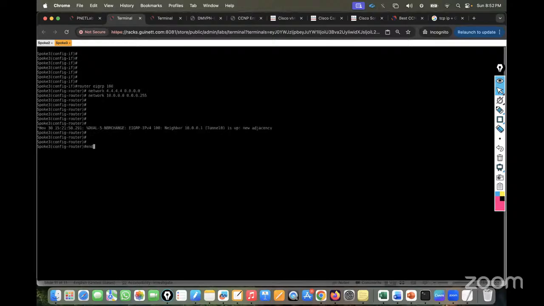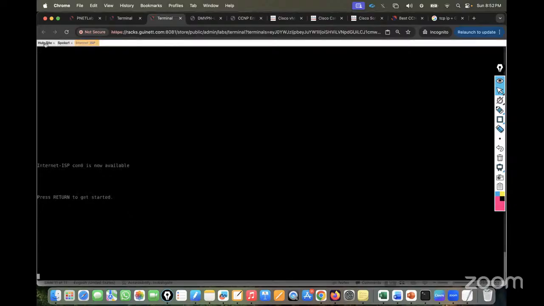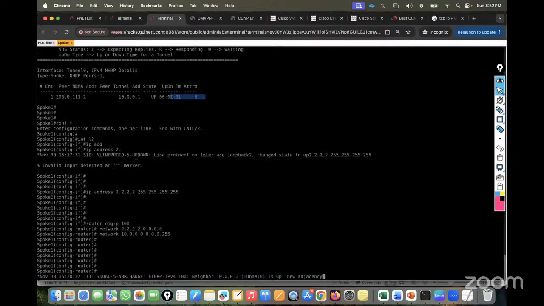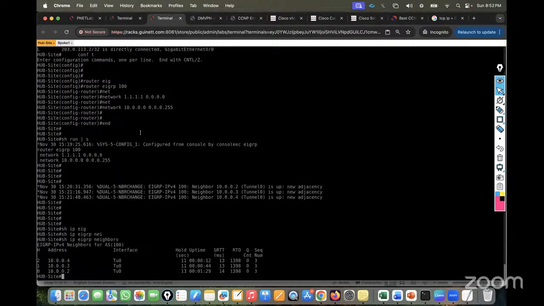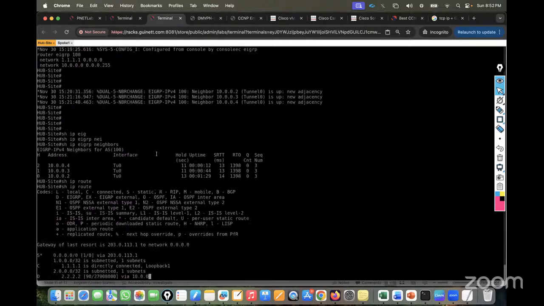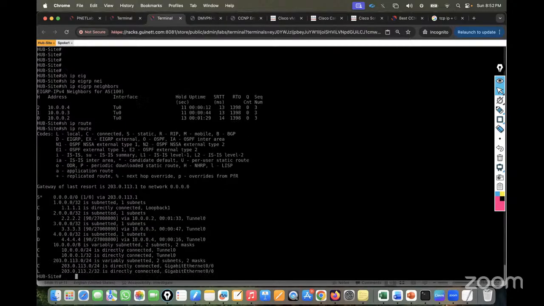So we have the EIGRP. If you go in the hub locations now, and you go in the hub router, you see show IP EIGRP neighbor. We have the 3 neighbors. So now if you check show IP route, all the loopback addresses are available. But still, if I try to ping 1.1.1.1,